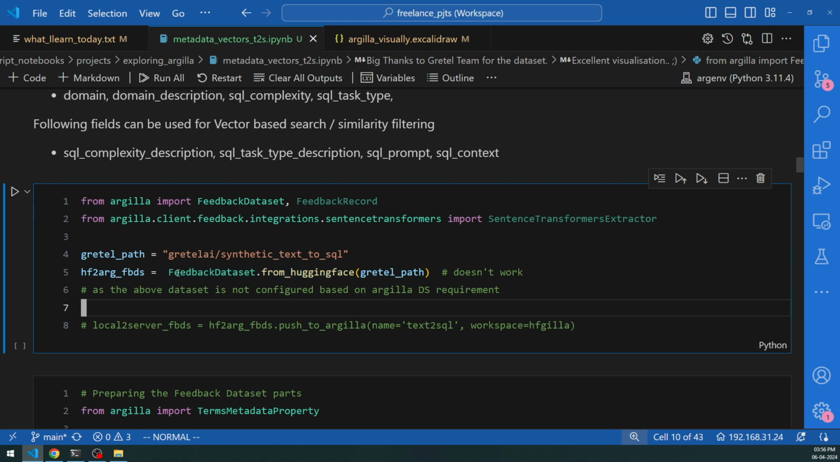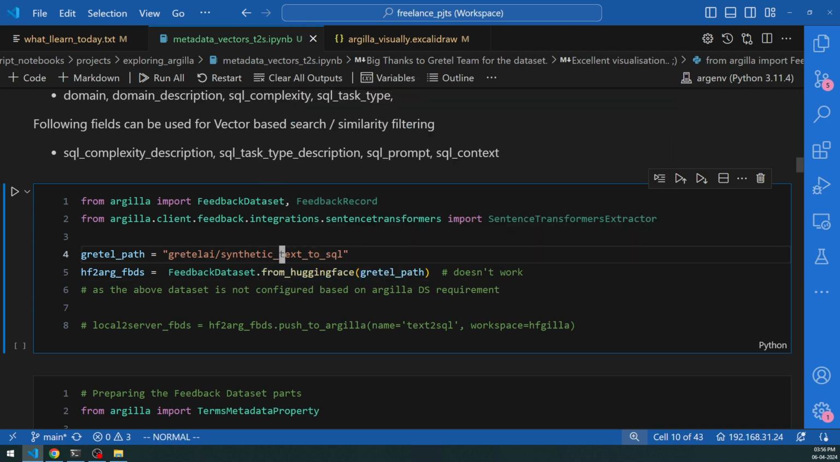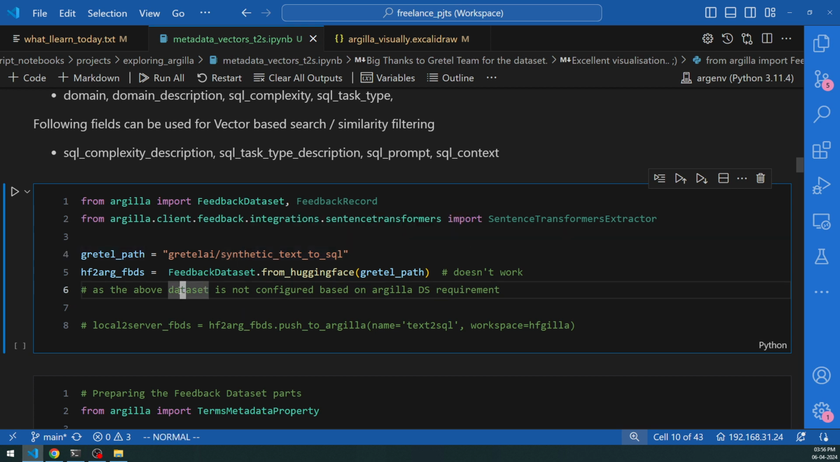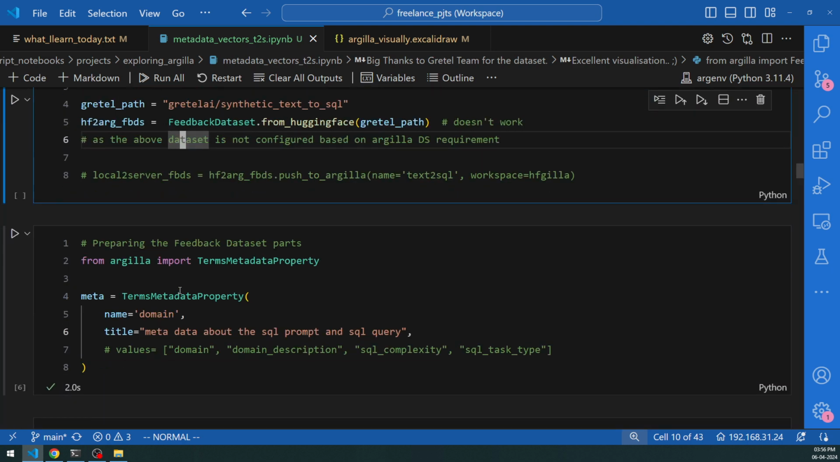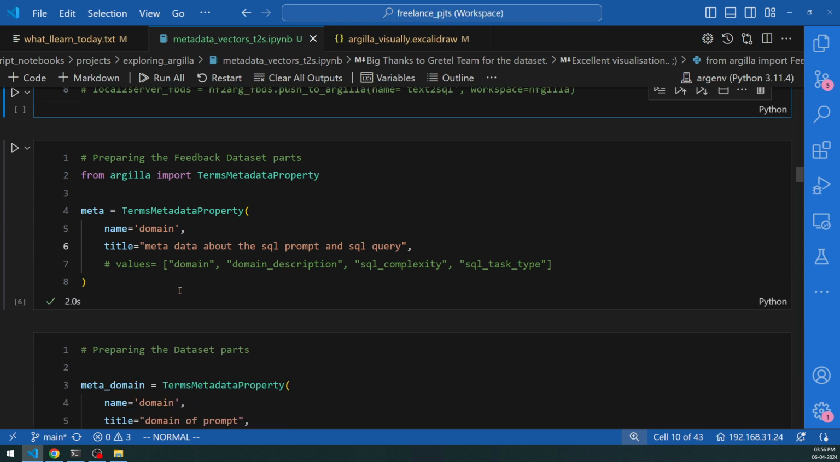Okay, you cannot. So if I import feedback dataset from Argilla and I use this from HuggingFace and provide the Gretel path, that is the GretelAI's dataset, it will not work because this data repository does not have the Argilla's required configuration. So this particular cell will error out. But anyway, I kept it here so that you guys can experiment with it and see what kind of error you will get. Fine. Now that that part is out of the way, next what I am planning to do